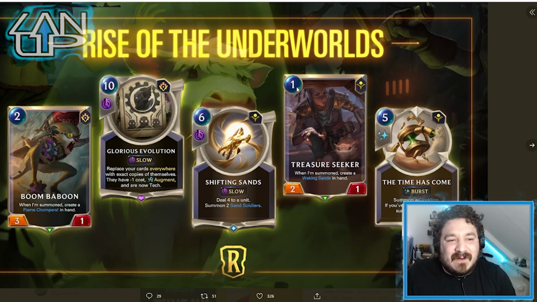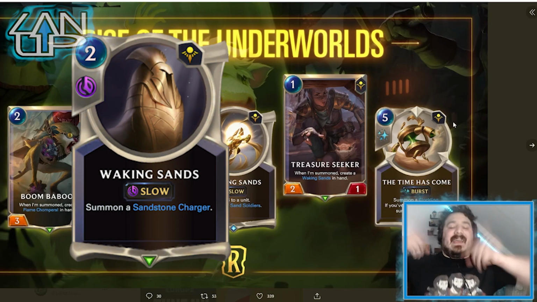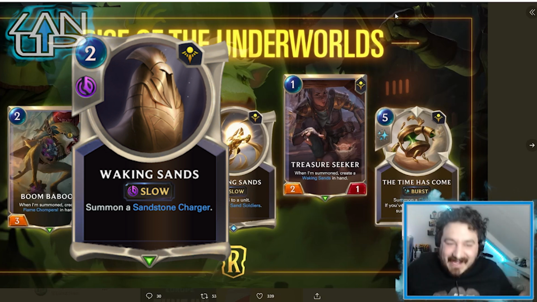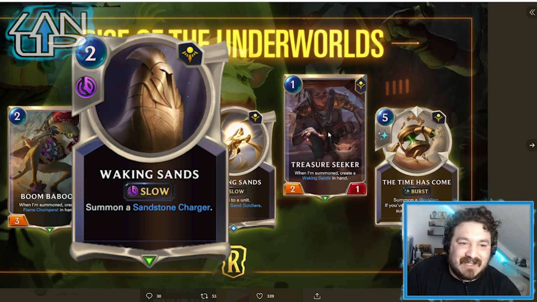So we go on to a 1 cost Shurima card, which is the Treasure Seeker. When I'm summoned, create a Waking Sands in hand. I cannot remember what Waking Sands is. Okay, so the Waking Sands is the spell which gives you the ephemeral 5/2. Okay, now I understand. So actually, there is a slight chance of that,